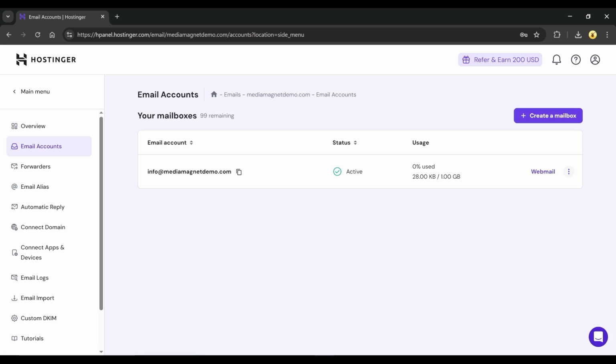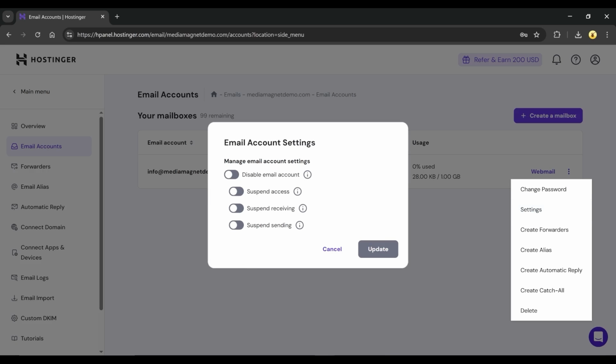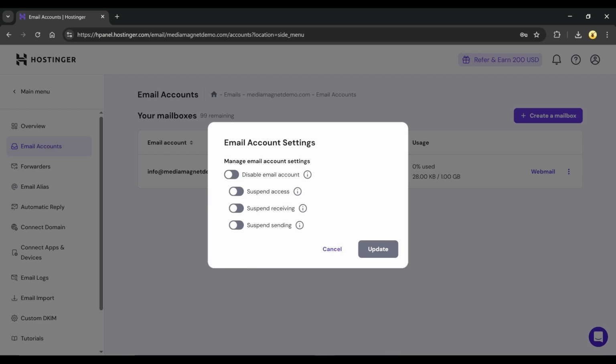Here, you'll see a list of all your email IDs. Locate the specific email account you want to work on and click on the three-dot icon next to it. From the drop-down, select Settings. A pop-up box will appear showing the settings for that email account. In this box, simply toggle on the option labeled Disable Email Account and then click on Update to save the